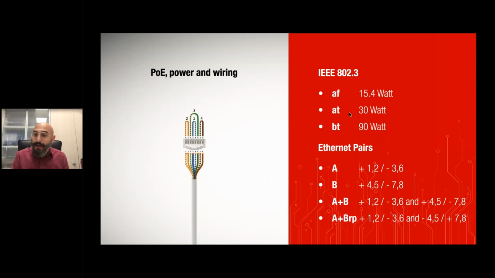For gigabit, for example, you have to use A plus B. It's really suggested to use A plus B, because the power is shared across all the wires in the Ethernet cable. So 1, 2 and 4, 5 for the plus, and 3, 6, 7, 8 for the minus. Then we have another PoE wiring, the A plus B reverse